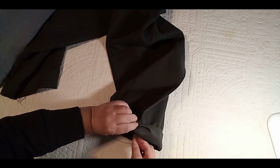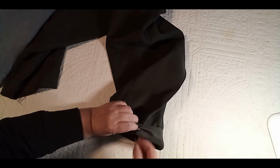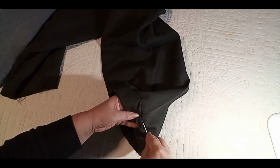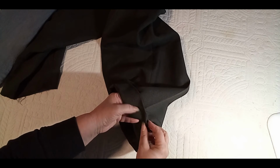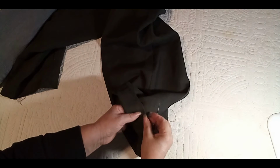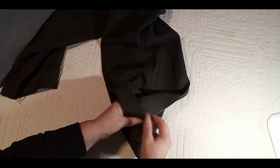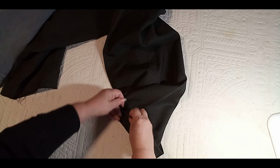So first I'm gonna do the first one from outside, and then I will go and catch the fabric that's inside. Be careful that you don't do a visible stitch. You want to do a stitch that's invisible. I will go and do it again till I feel that it's caught up. I go and tie it,